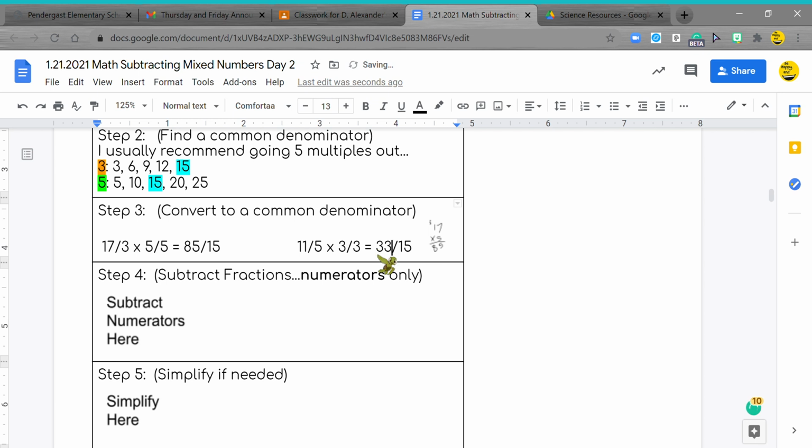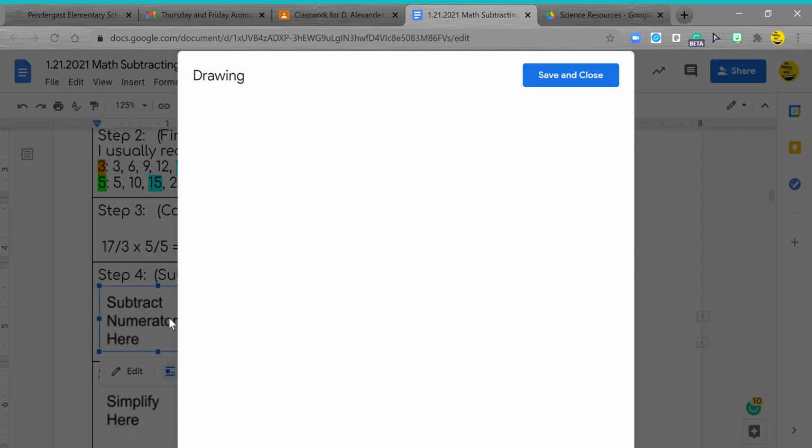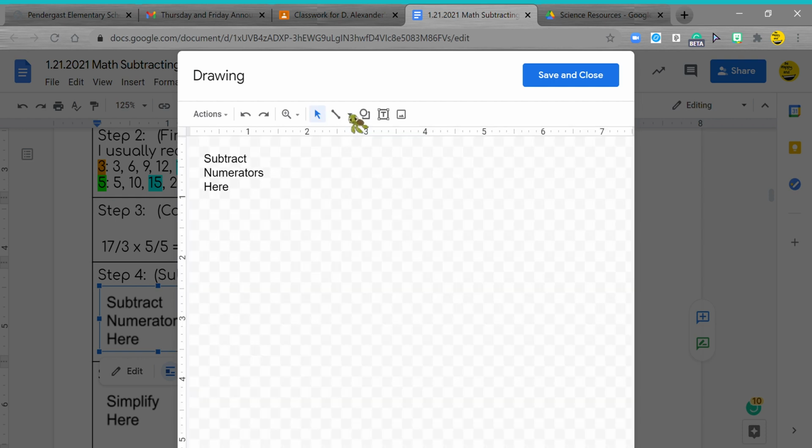It is 33. So now I come right down here and I have 85/15 minus 33/15. Okay, so this is where we're going to get our answer, you guys. There's a couple ways you could do it. Number one, I'd put in my fraction sign with my 15 because I know my denominator stays the same. My thing is the 85 minus 33. You can do it in your head or use a scratching or a scribble tool. So I have 85